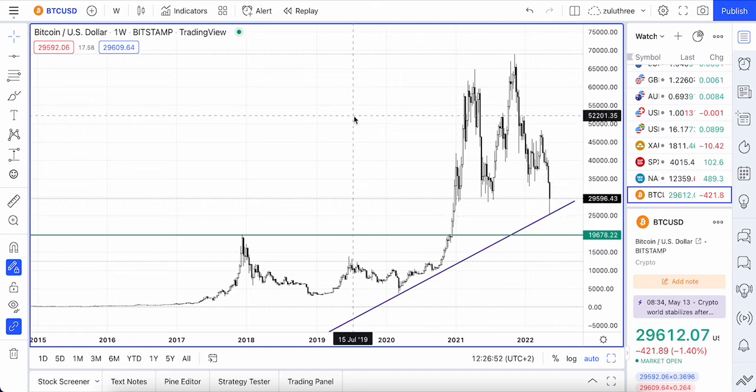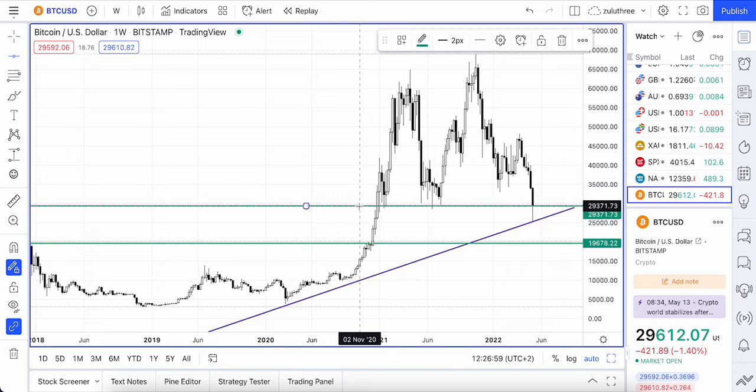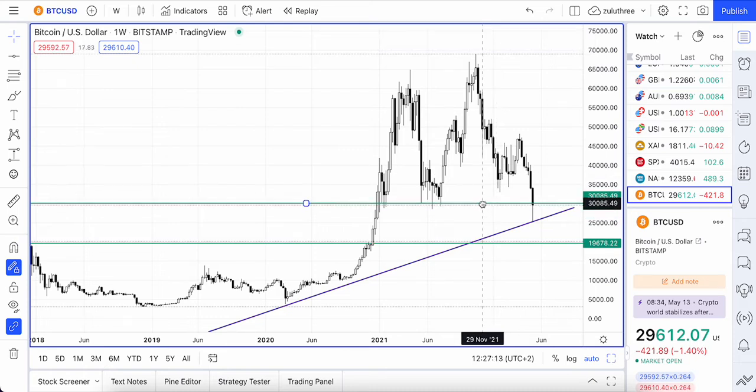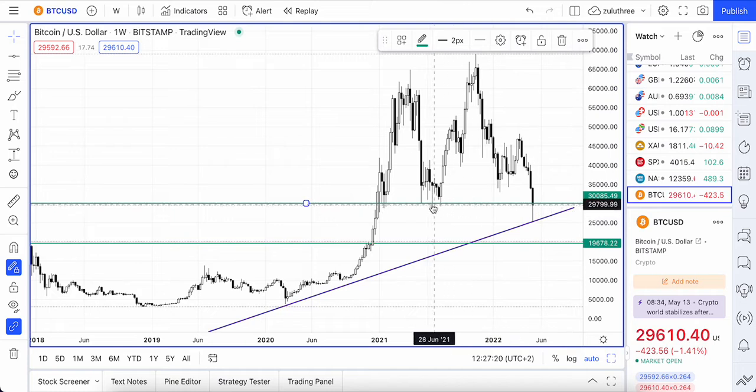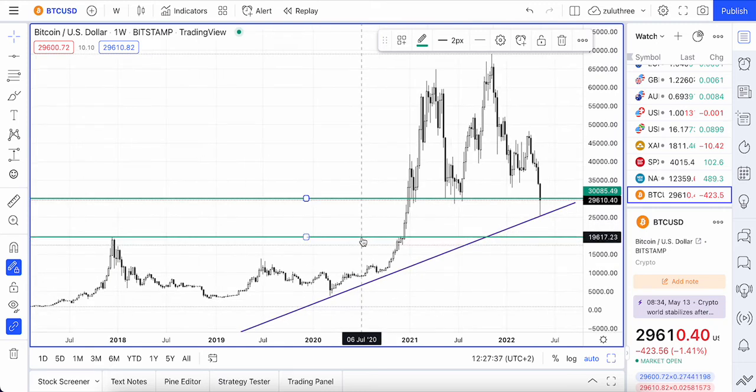We've bounced back up, but just check this out. If I draw another horizontal line in here at those lows, you can see we broke beneath those lows and we're still holding beneath them, which is pretty important because that means there's still some weakness in Bitcoin, having broken this very important previous low. It bounced back off the trend line, but we didn't manage to close back above these lows. So I think we're going to retest this trend line, potentially even test this previous level of resistance, which is now support, and that's at about